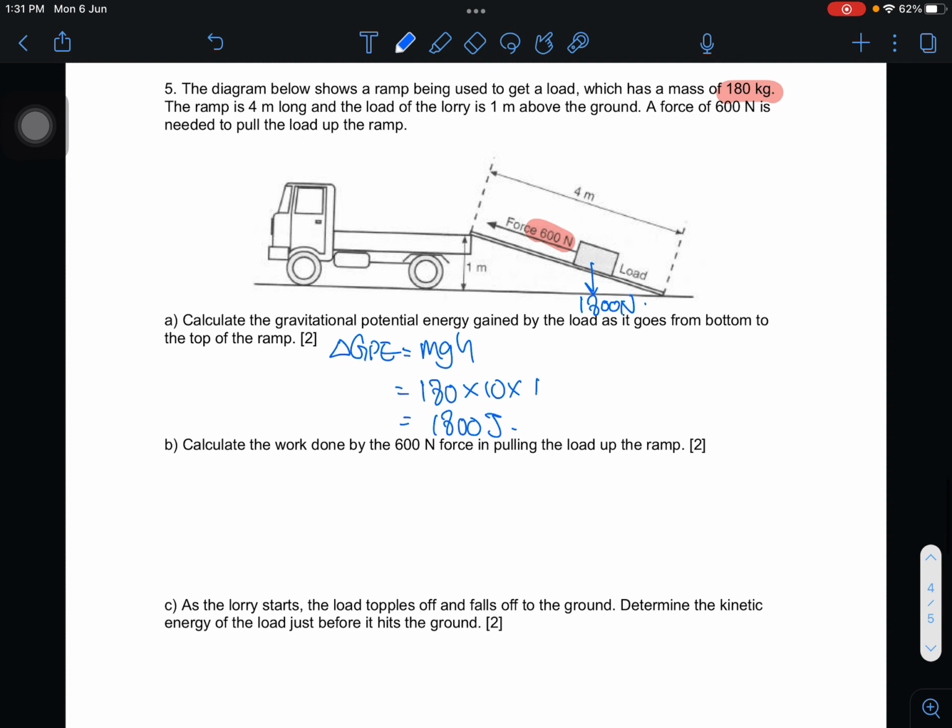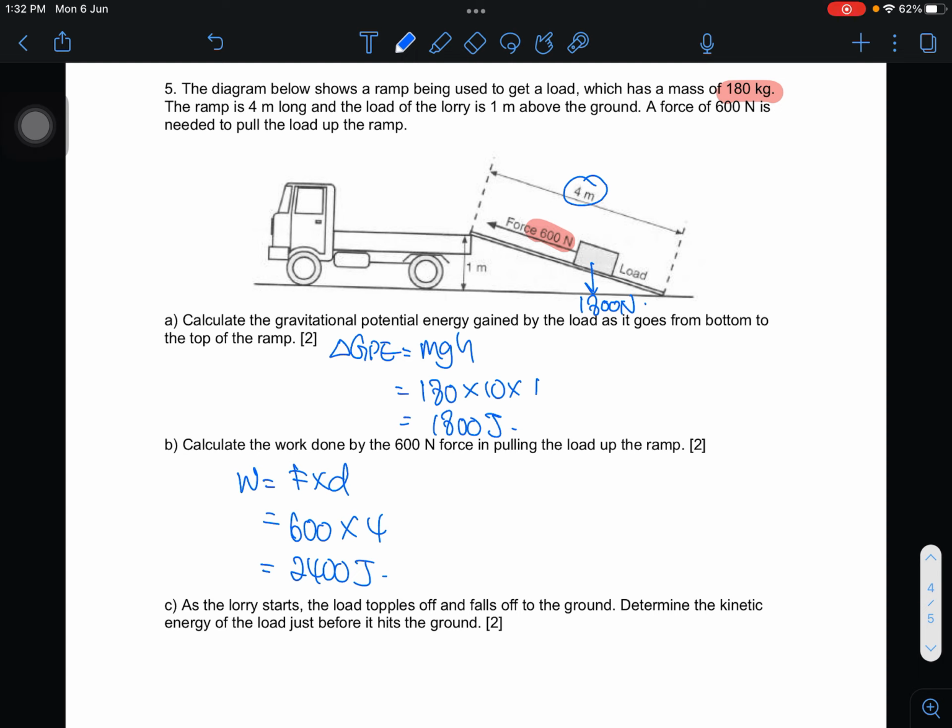But for part B, they're asking you to calculate the work done. So if someone or something is exerting a force of 600 Newton and is pulling the load up a distance of 4 meters across the ramp, what is the work done? Force times distance. The work done is actually 600 multiplied by 4, which is 2,400 joules of work on the load,